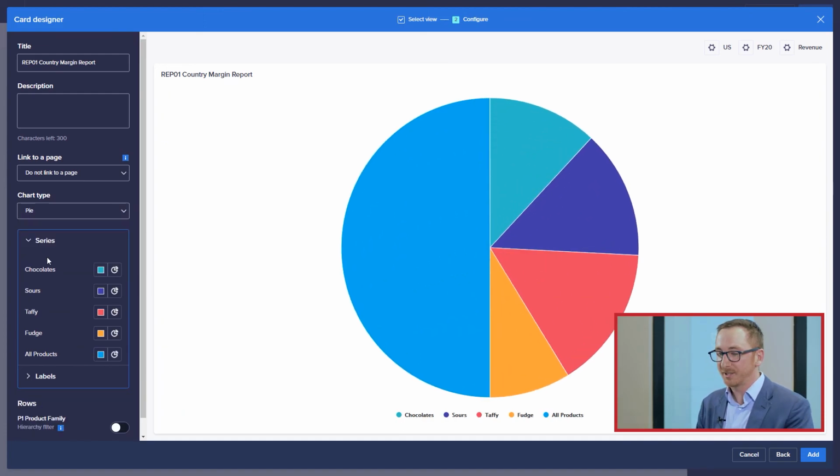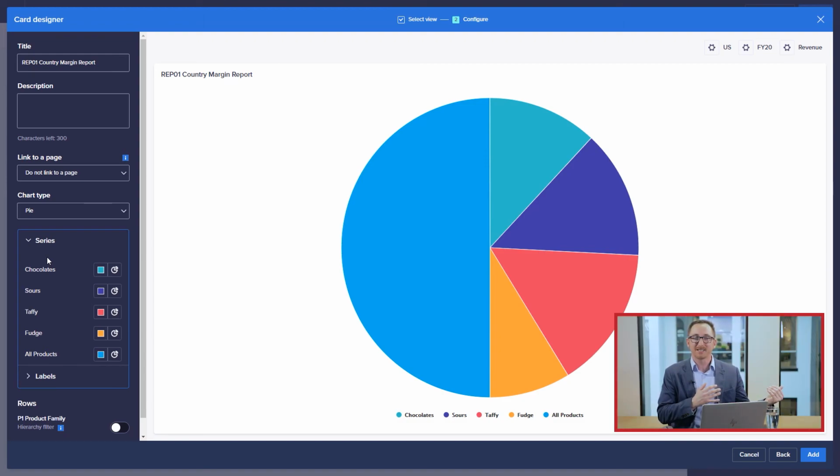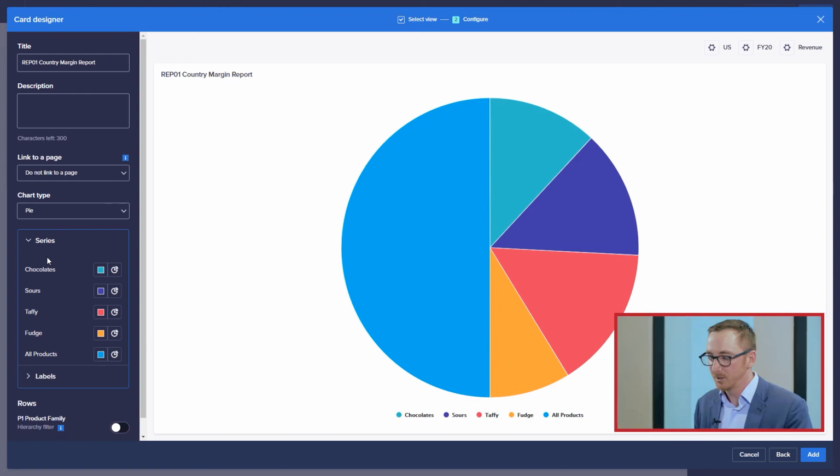Now, one of the things you're going to notice here is because we have that all products selected, that's going to take up half of it because it is one of our totals. So when you see things like this, it's just as easy to go back and fix your charts. No longer do you have to go back, switch your modules. This is so simple that we can just hit that back button and adjust what we have selected in this chart. Click back in the bottom right corner.